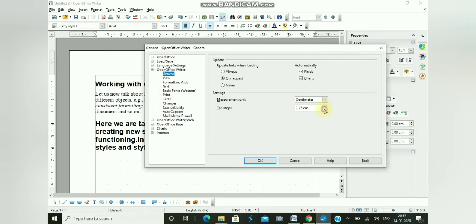Accordingly, by clicking on these options, you can change it. All right, so we will keep it as the default one, that is 1.25 centimeter.